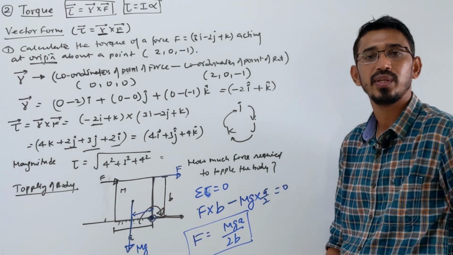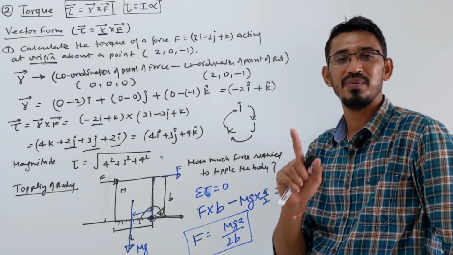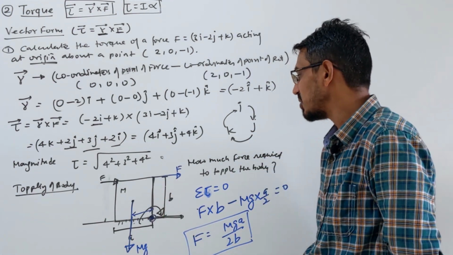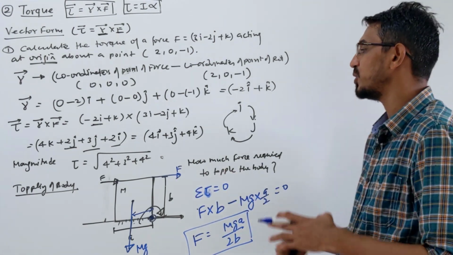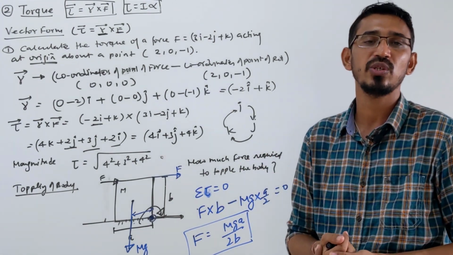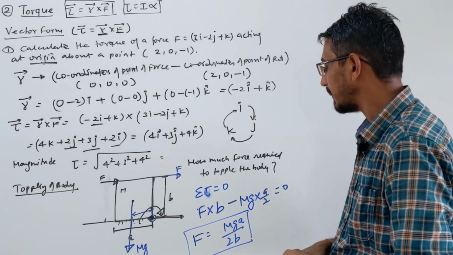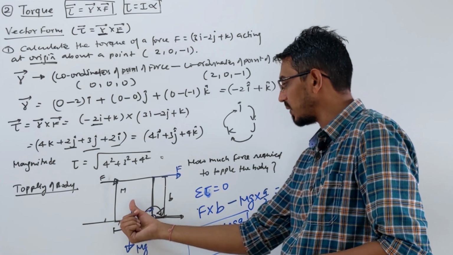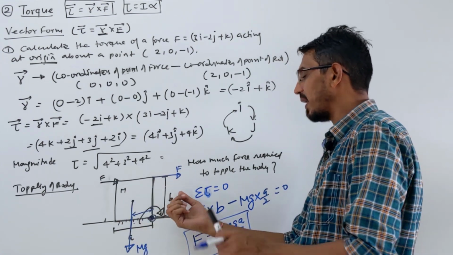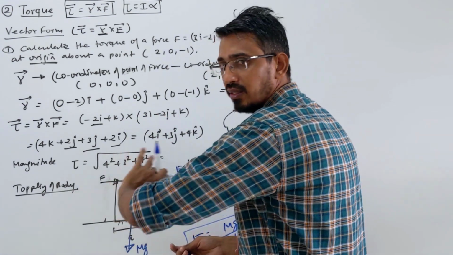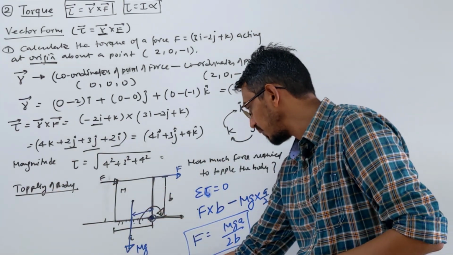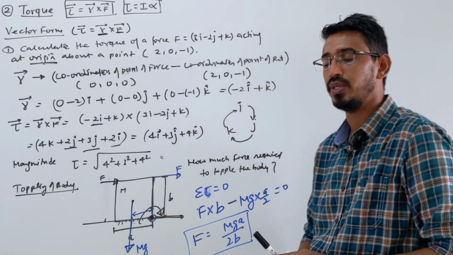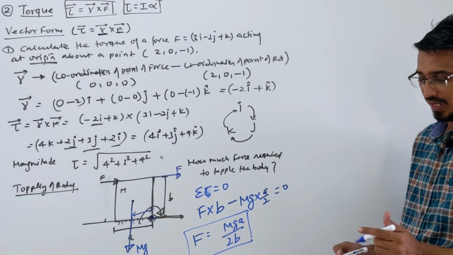That is how much force you need to topple this body, correct? This is not a formula. I should not remember this as a formula, because A could be here, B could be here, it could be on any side, doesn't matter, right? You should understand there are two forces acting which produce torque. So net torque we want to make 0 to make rotational equilibrium, right? So this force into perpendicular distance at that point, and the other is mg, because when you are applying force, mg is trying to pull the body back due to inertia. So mg acts at what distance? Perpendicular distance, half of A, about that point. So this is the force required to topple a body, right?